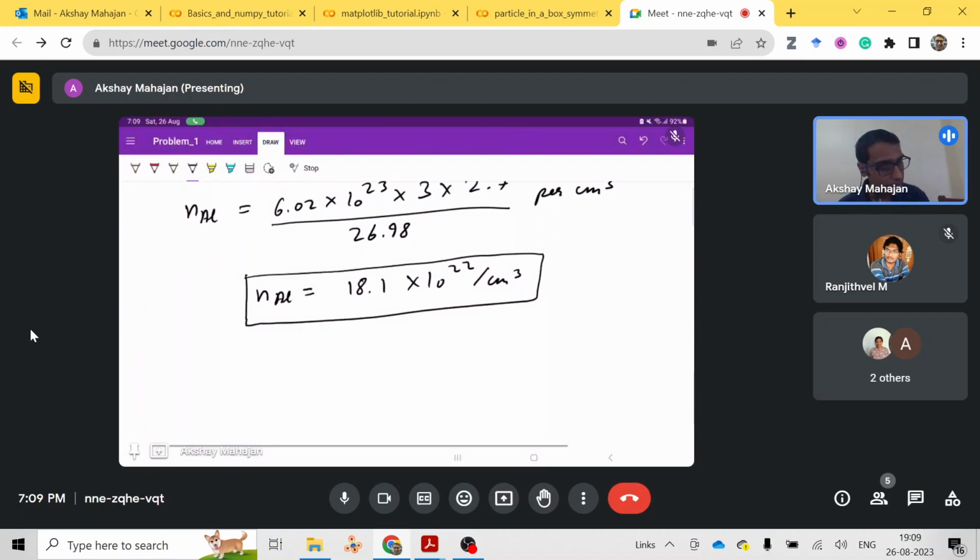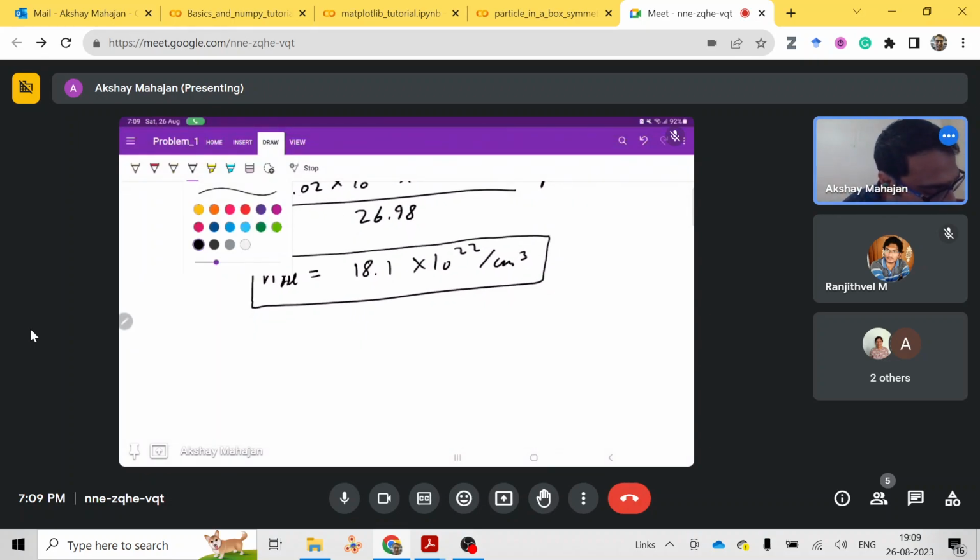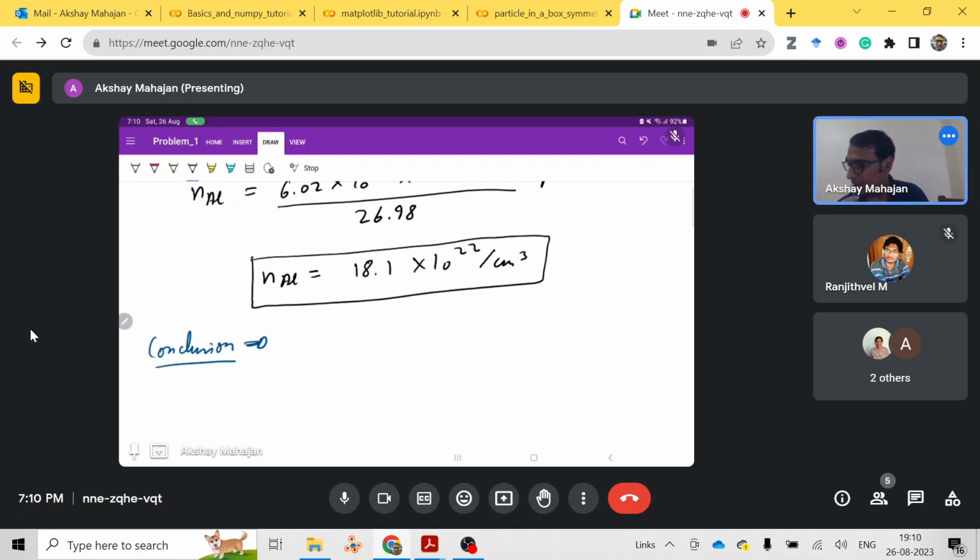So from this, one conclusion that we can make is that the number of free electrons in aluminium is 2.1 times